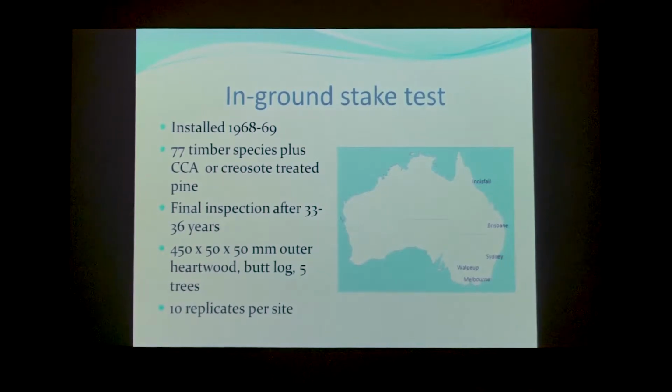The main natural durability trial set up in Australia, the most important one, was installed in '68, '69, and it looked at 77 different timber species. It was sort of the Rolls Royce of how to set up a natural durability trial. That was conducted in 5 different test sites throughout Australia. There were 10 replicates of each timber at each site, and 2 of those came from different trees, so there were 5 different trees, and those trees were also sourced from fairly wide locations where the timber species grew. And they all came from the butt log,